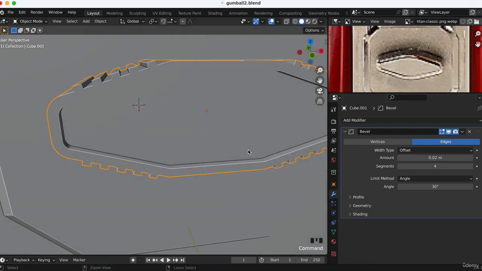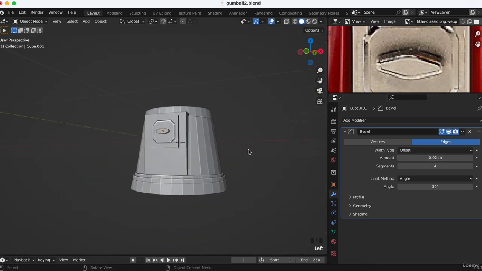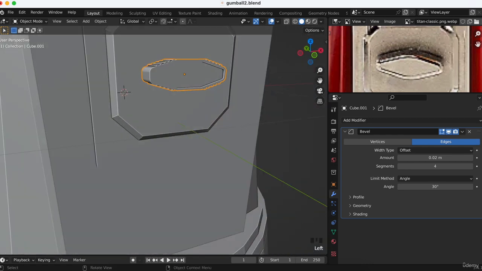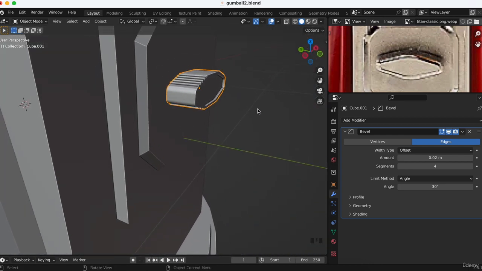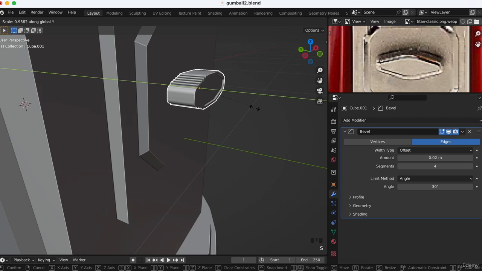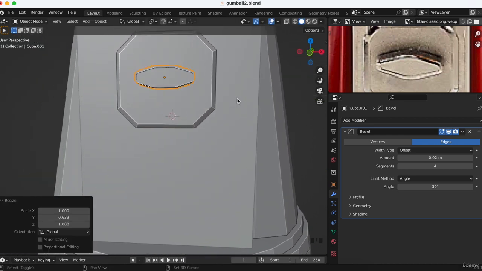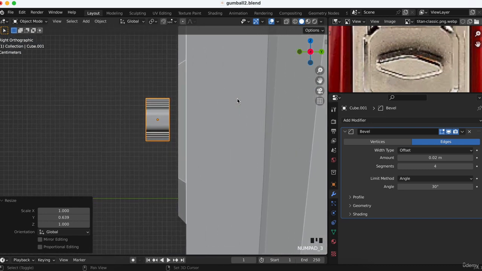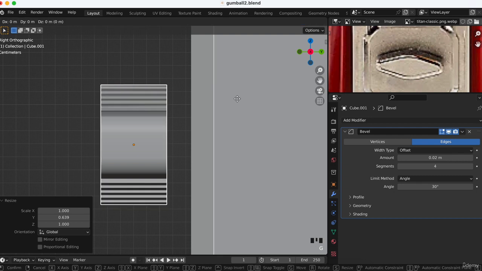Here we can put a little one like this. This we can make it a little smaller, SY, like this, and put it back here, GY,